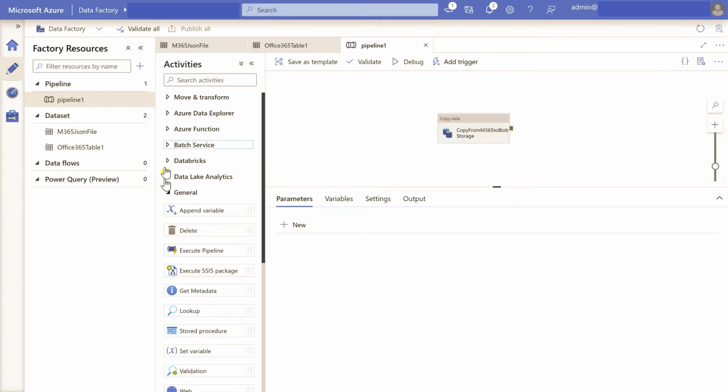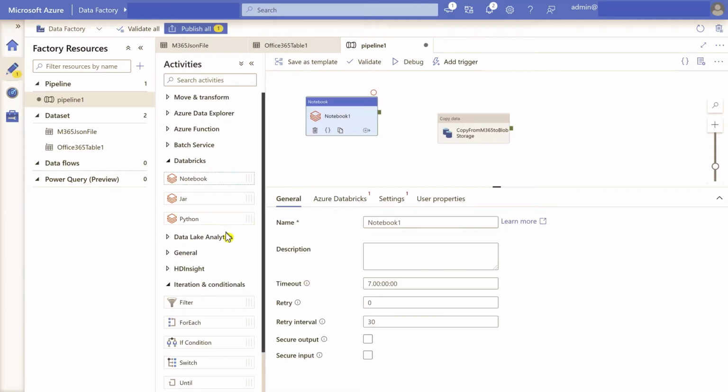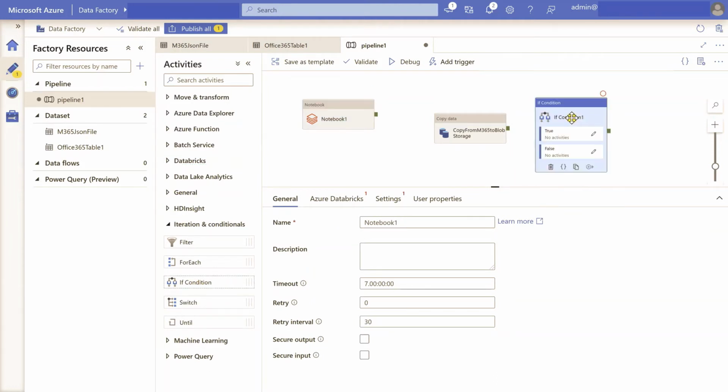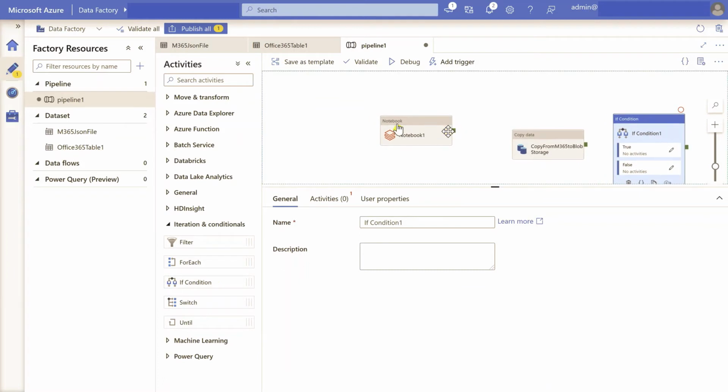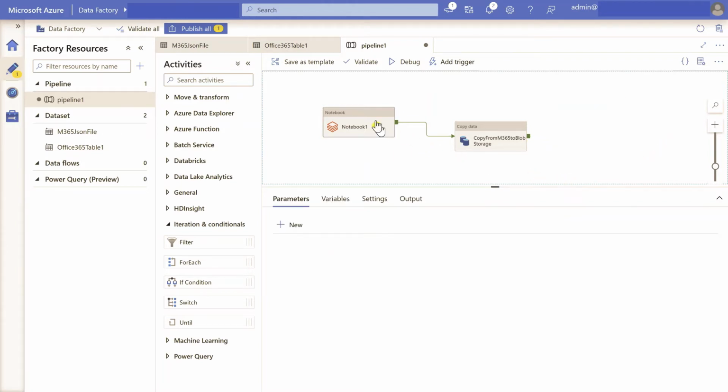So we could actually pull anything we like. For example, I may want to work with some of the notebooks. I also want to take a look at some conditional operations, and I can drag and drop, connect the various blocks together to form a pipeline, which is slightly more complicated. For the moment, let's just delete this. So I'm going to select and delete this.